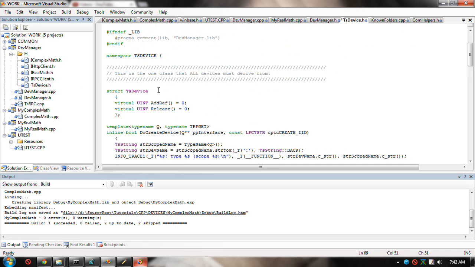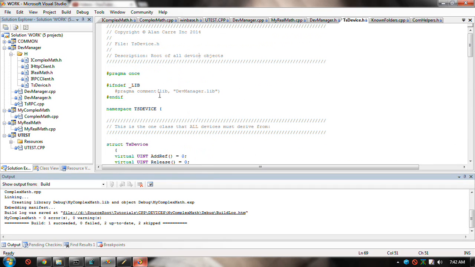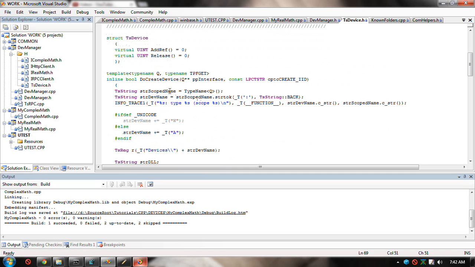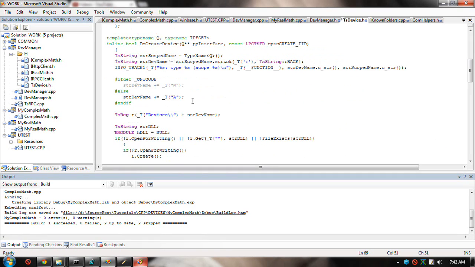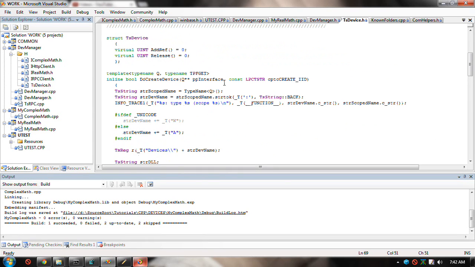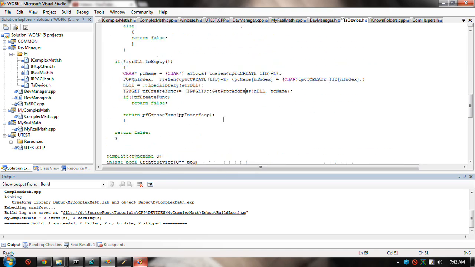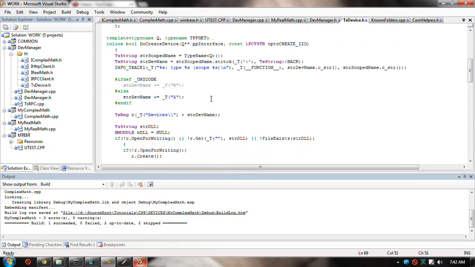This here TS device is visible to the outside world. So it includes the lib line, right? In fact, we should do that. See, yeah, that's lib. This dev manager is just a static library, and the template thing, I still didn't fix this up, but for doing the create instance,